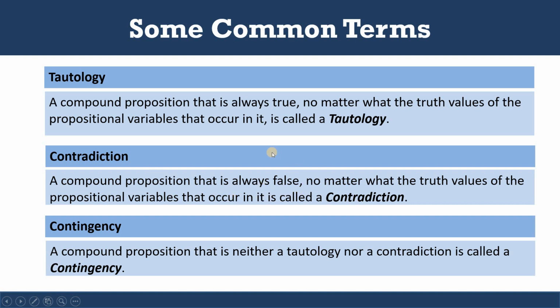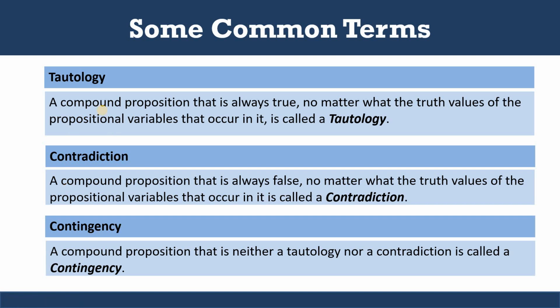একটা compound proposition কে contradiction বলা হবে তখনই যখন সেটা truth value always false হয়। সিম্পল প্রপোজিশনের ট্রুথ ভ্যালু যে কোনো ইনপুট কম্বিনেশনের জন্য যদি অলওয়েজ ফলস আসে কম্পাউন্ড প্রপোজিশনটা, তখন সেই কম্পাউন্ড প্রপোজিশনটাকে বলা হয় কন্ট্রাডিকশন। আর লাস্টলি একটা কম্পাউন্ড প্রপোজিশন সেটা টটোলজি অথবা কন্ট্রাডিকশন কোনোটাই যদি না হয়, তখন সেই কম্পাউন্ড প্রপোজিশনটাকে বলা হয় কন্টিনজেন্সি। So these are the categories: tautology, contradiction, contingency. একটা given compound proposition এই তিনটা ক্যাটাগরির যে কোনো একটা ক্যাটাগরিতে পড়বে।